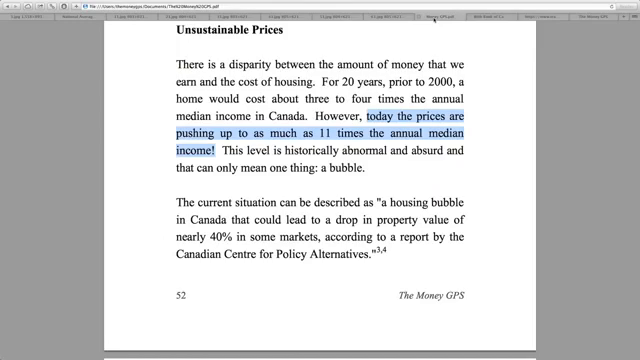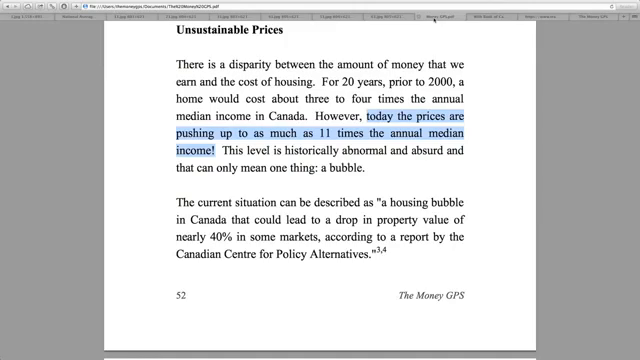In my book, I talked about the issue with the fact that it has become unaffordable. And I said this, talking about the disparity between the amount of money that we earn and the cost of housing. To me, this is the most important indicator of real estate prices, because if they become unaffordable to people, people will move into smaller locations and they will basically get into more and more debt in order to buy